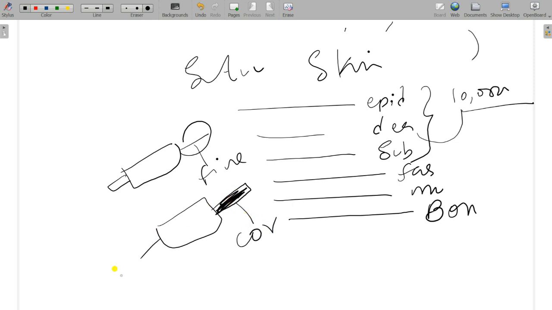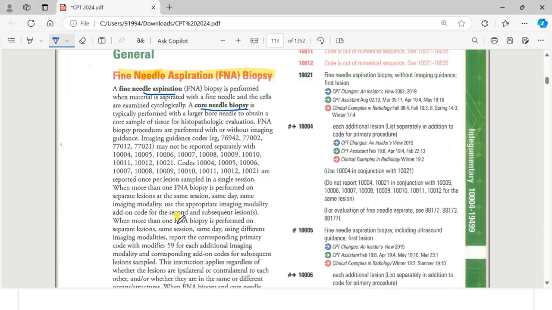So that is the difference. Just the size of the needle, like 20 to 25 gauge versus 18 to 16. That's it. You should identify in the question whether it is a fine needle aspiration or core needle biopsy, and also check the guidance.